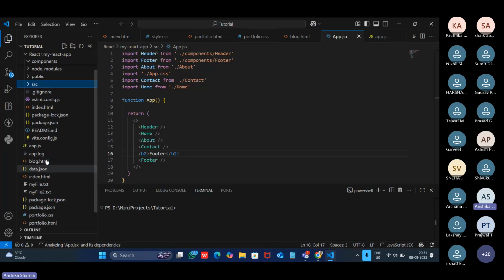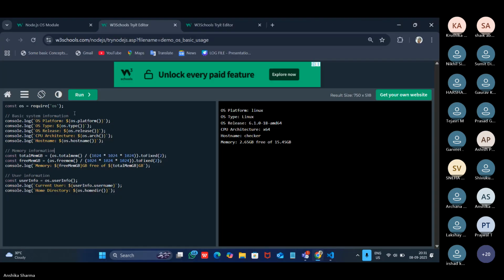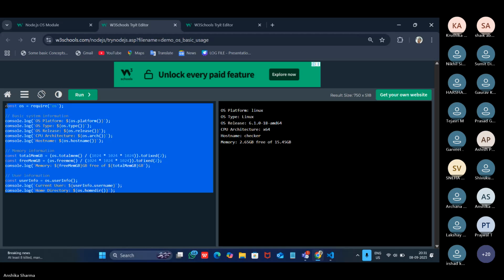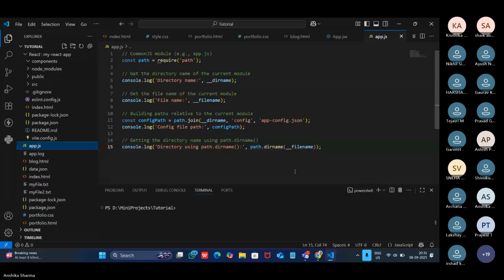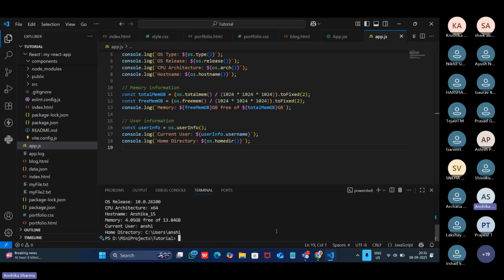So I will just run this code in the app.js only. I have got the information about my operating system, which is OS platform, OS type, and the OS release, about my CPU architecture, my host name, and what memory is already free for me, and current user and the home directory.